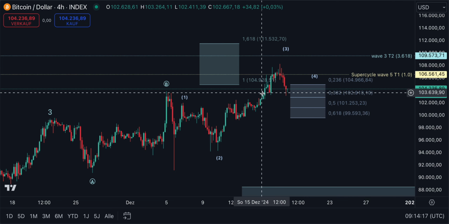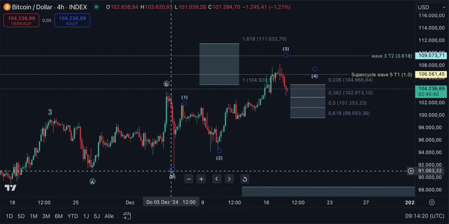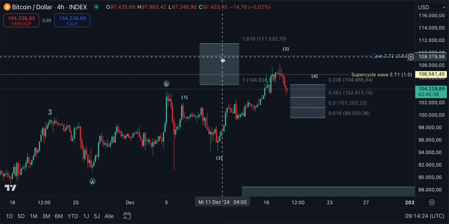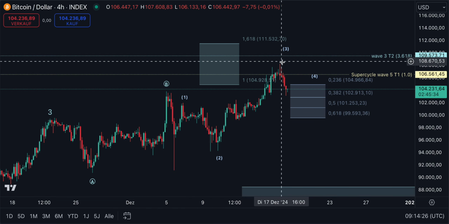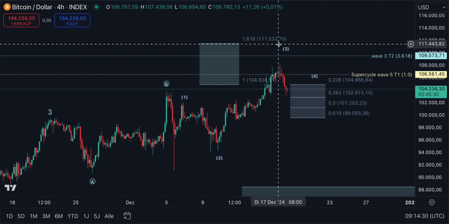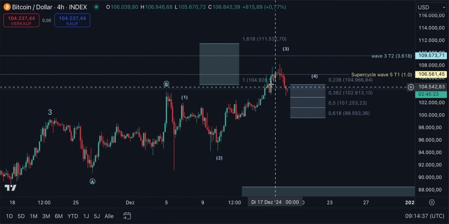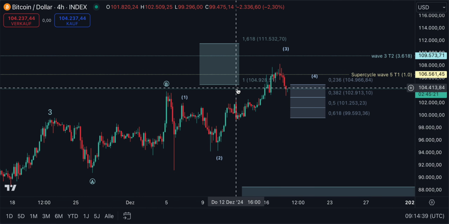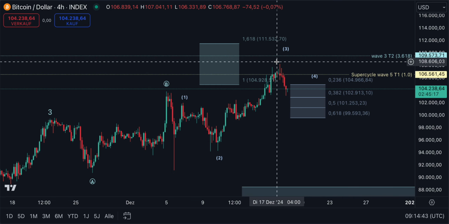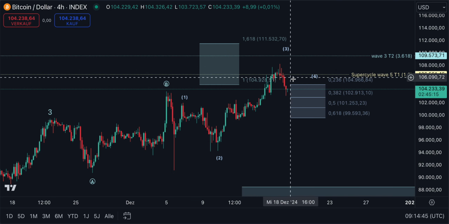3, 4, 5 setup. And within this setup, what is currently happening is that we've seen a wave 1, we've seen a wave 2, and our wave 3, this is our support or target box for the wave 3, has hit the middle. It can extend further, this wave 3, to 111.5k. And by the way, this is not financial advice, it's just our opinion. But it could already have reached the minimum requirement for having topped. So now what we're seeing is most likely a wave 4 in our opinion.